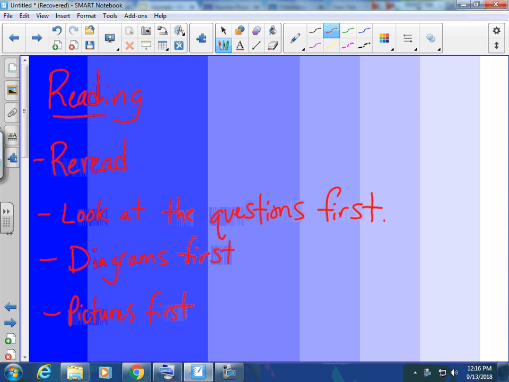So here are some of the things we just discussed about what we do when we're reading. Some ideas: rereading, looking at questions first, diagrams first, pictures first, getting an idea before we actually go through the reading. Okay, so the next thing we're going to do is I'm going to do a demo, and we're going to be working on this demo today, tomorrow,